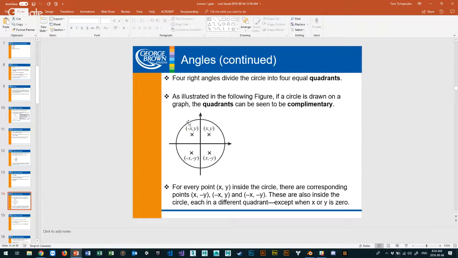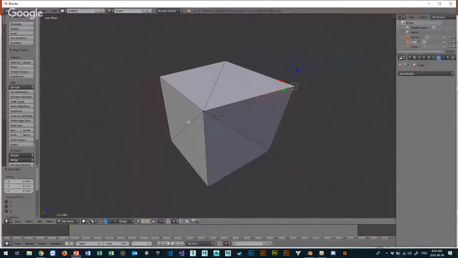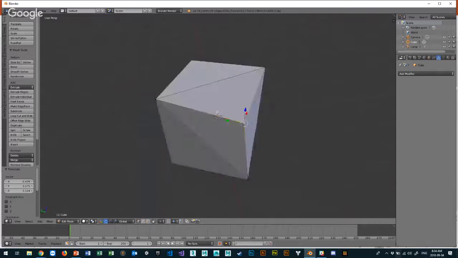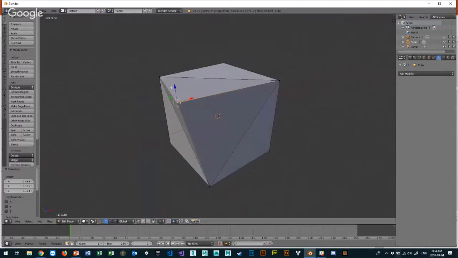And depending on your axis, going back to Blender for a second, here's Blender. You might see the little arms: you've got your blue arm that's up, and you've got your red arm and your green arm. These manipulator arms represent axes, and this is standard across most 3D graphics manipulation programs. Your red is X, your green is Y, and your blue is Z.